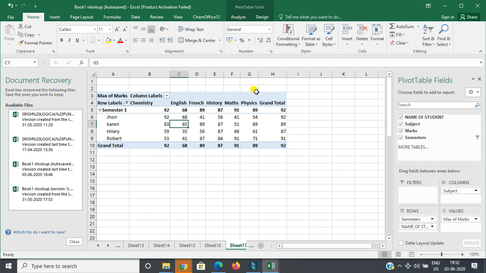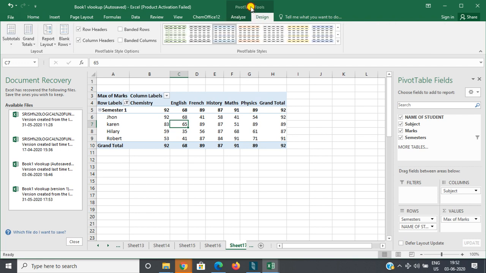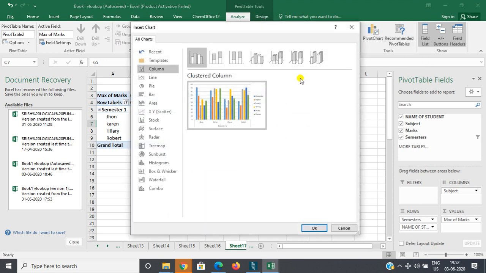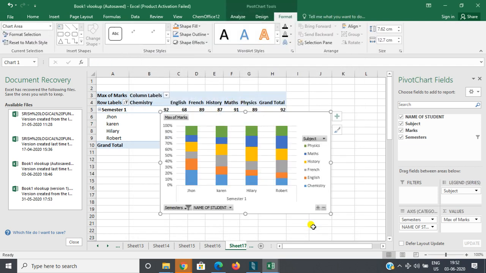Okay. So for this you have to go to Design, under PivotTable Tools, and here click on pivot chart and go to column, and you can click any one of these. I have clicked on this, click on OK.